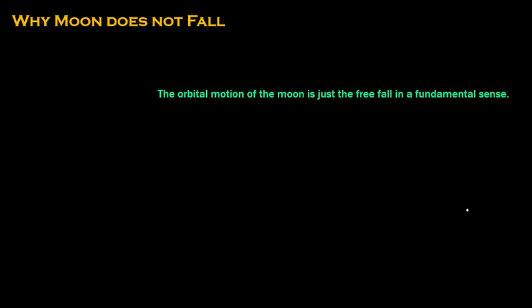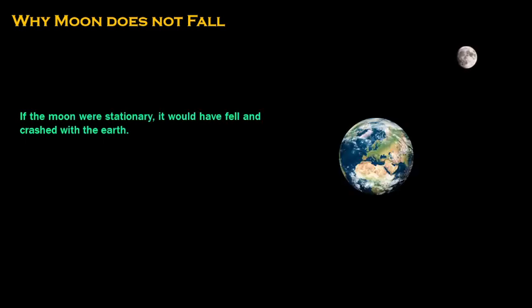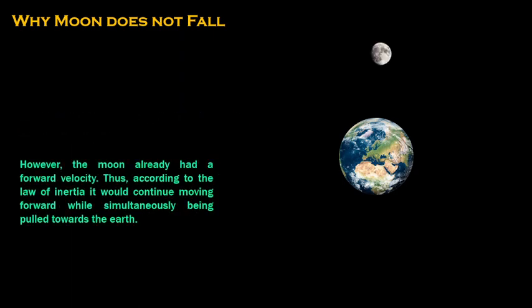If the moon were stationary in its place, it would have been simply attracted by earth and it would have crashed with earth. But the moon was not simply stationary, it already had a forward motion. And because of its forward motion, according to the law of inertia, it continued its forward motion while simultaneously being attracted towards the center of earth due to the gravity between earth and moon. Because of the inertia of the moon to keep its forward motion and the earth's attraction onto the moon towards its center, the two motions combine and the